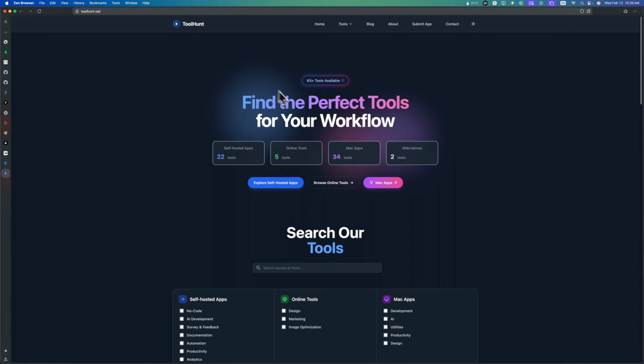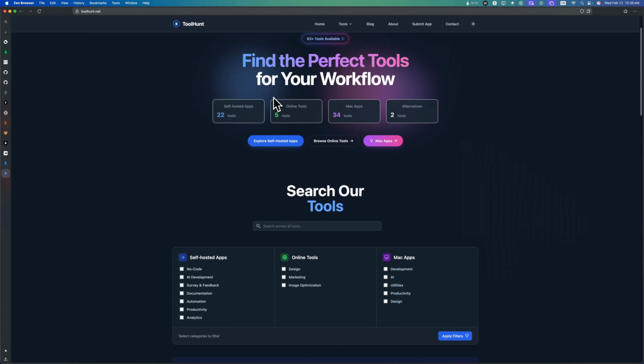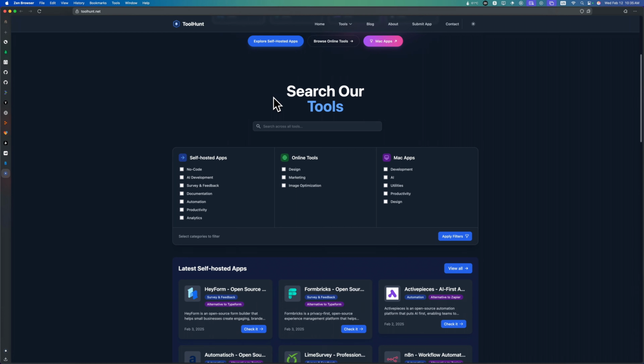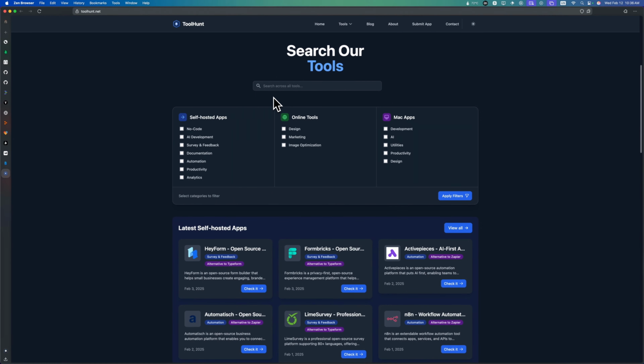An application that I have recently created is this one, you see Tool Hunt, and basically this is built on Astro. I've also created a video of how I kickstarted this, where I've tested most of these tools. So in this video we're not going to test these tools. You will have a video in the description that is testing most of them, but you see in here